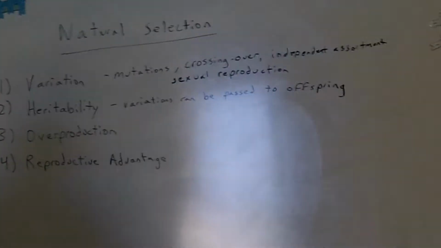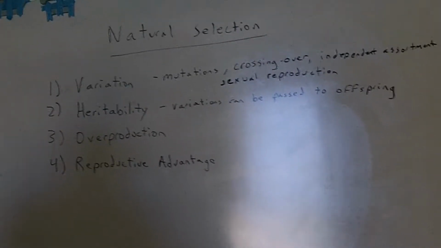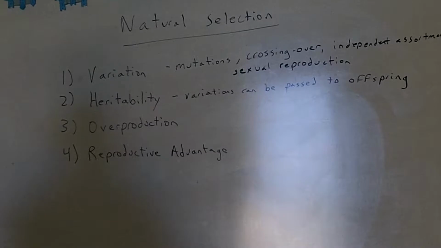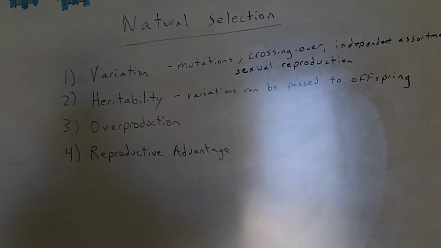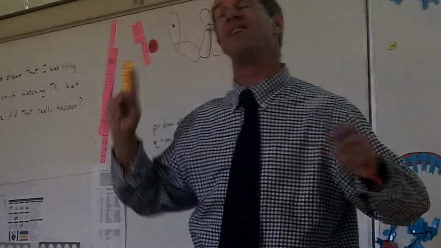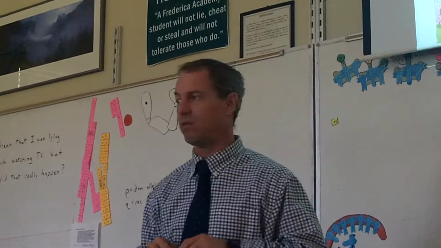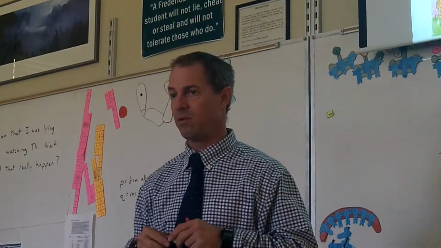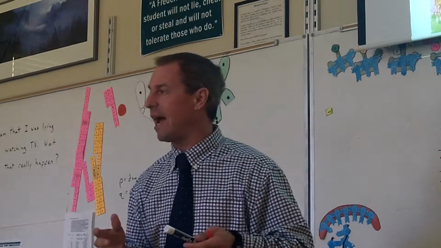In other words, if you have a long neck, you'll tend to have kids with long necks. Now, they won't all be the same as you because of variation. Some of your kids will have even longer necks than you, and some of your kids will have shorter necks than you. But if you have a long neck,